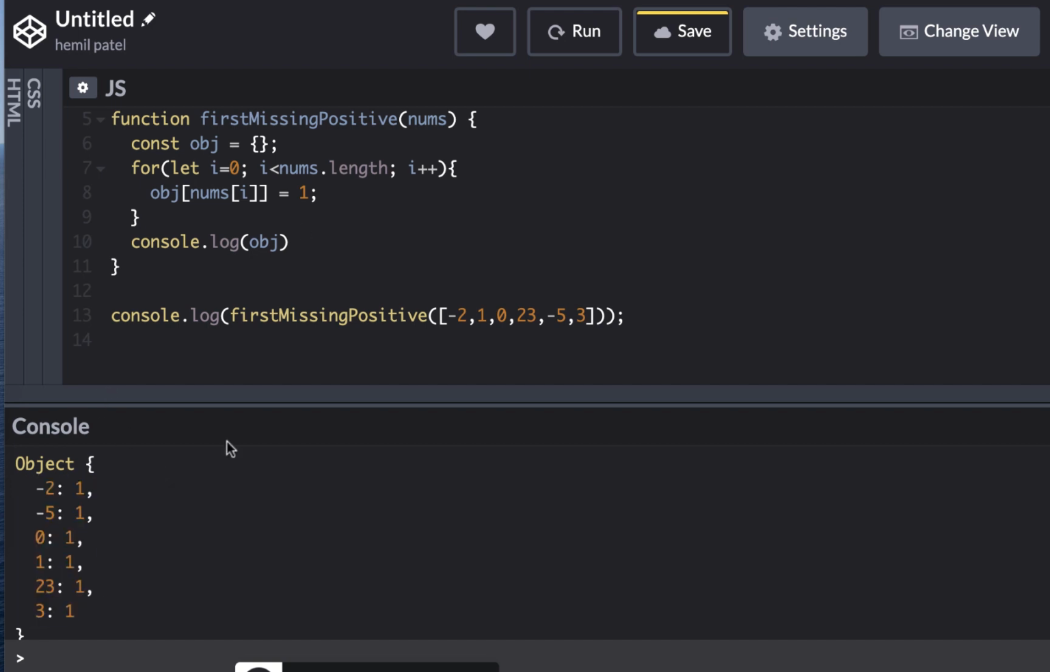And I can easily find, if I want to find 1 here, I can easily find it in constant time. So that's the advantage of using objects, because finding something is constant time compared to an array where it's a linear time because I have to look through every single number. So now that we have all the numbers where we can find them in constant time,